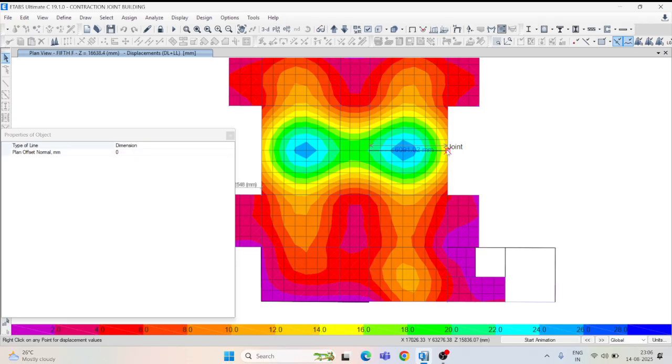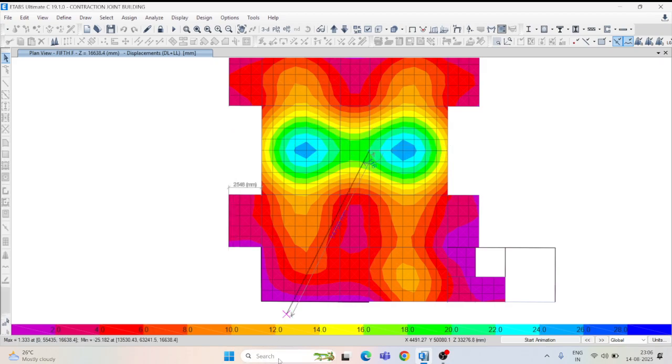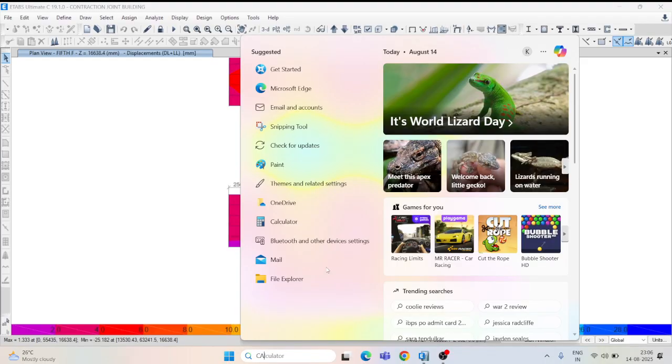So span by 350 means 6091 divided by 350, whatever value we get. So I am calculating, okay, for better understanding. Just go to the calculator.